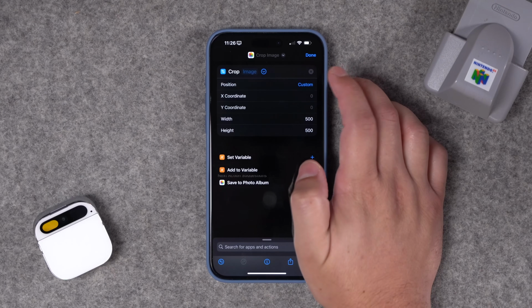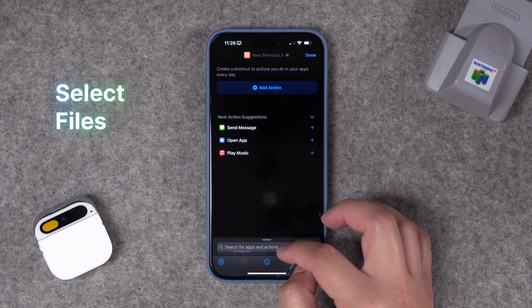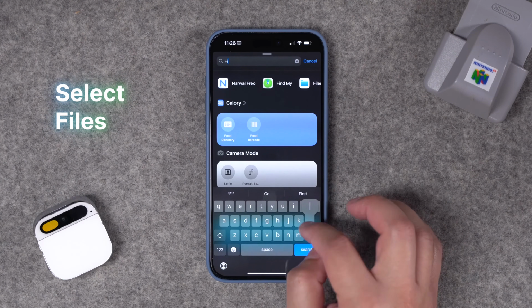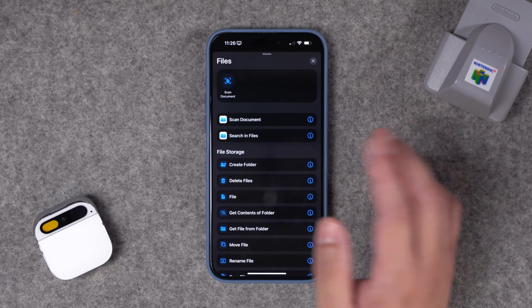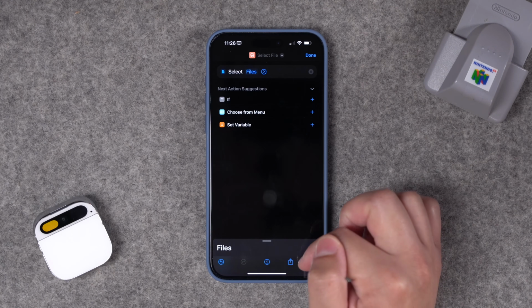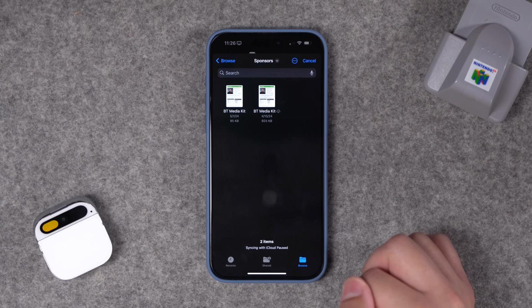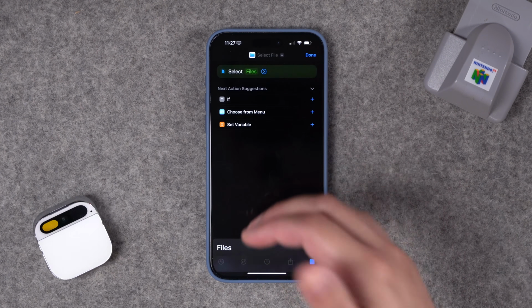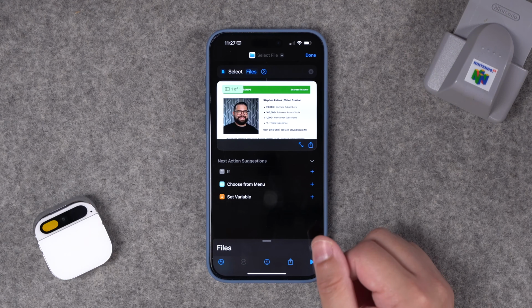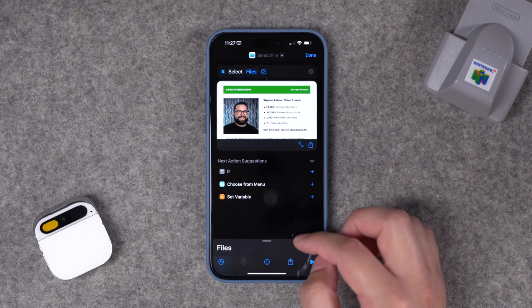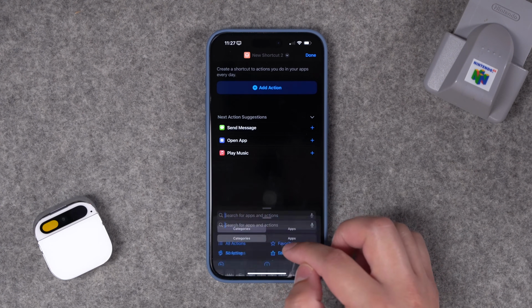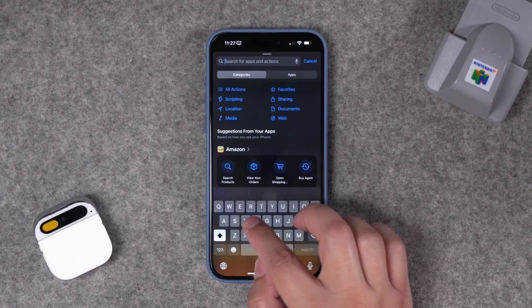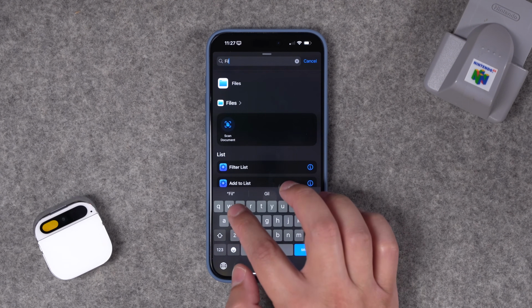And in addition to the photos, you can also get files. So if I search for files down here in the Actions menu, I'll tap the Files app. You'll see lots of options here. Let's choose Select File. Now when I run this, it'll bring up the file picker. I can choose any of the files in iCloud Drive or Dropbox if I have that integrated, and then do something with that file. Or maybe there's a file that you regularly share with people all the time, and you want to do a shortcut so you don't have to keep navigating to that file each time you want to